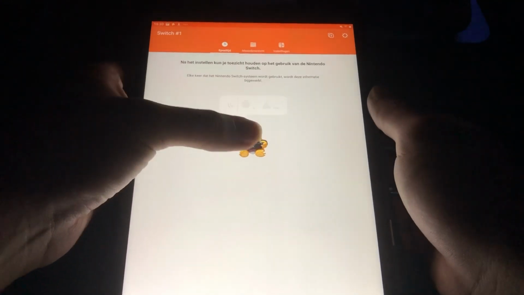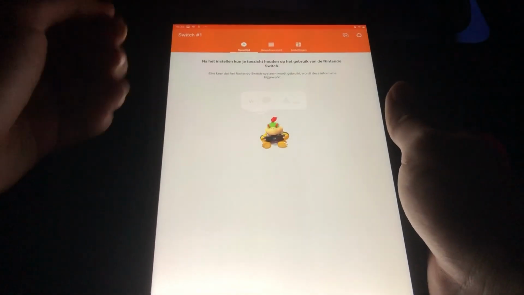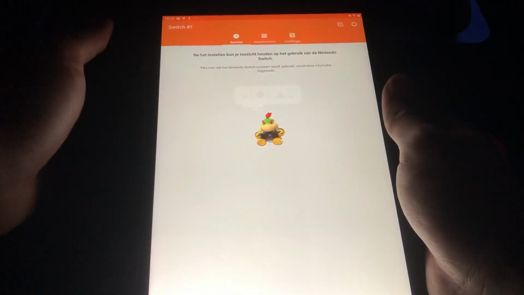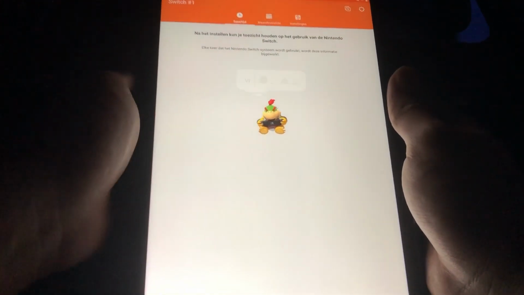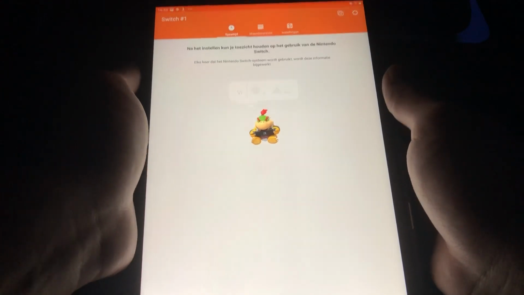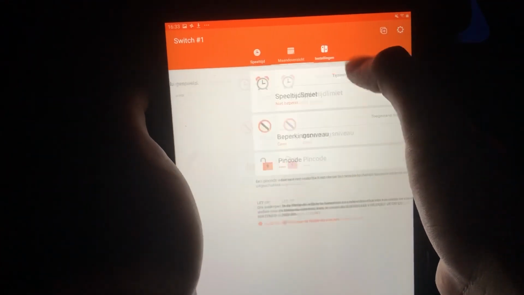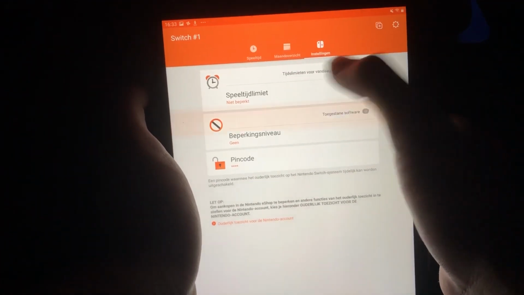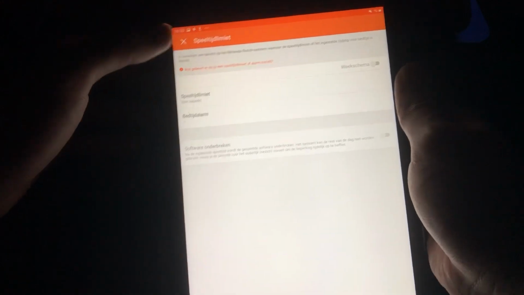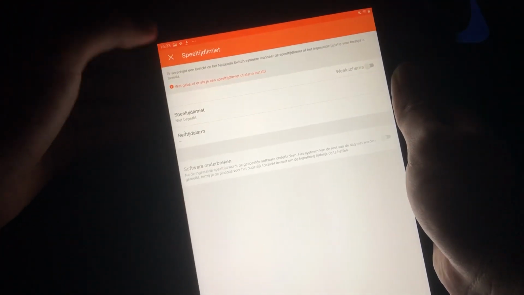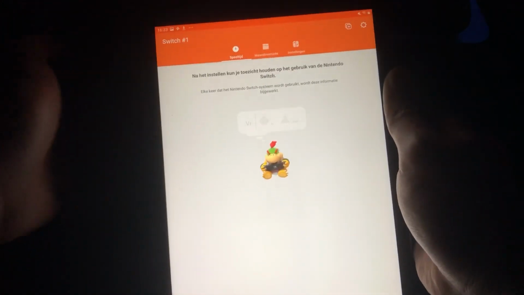And if he doesn't stop playing and it's over 2 hours, you can actually go ahead and set your console to sleep mode by going to settings and clicking on here. You can set this up and click on this, and it will just automatically turn on the sleep mode, and that's it.